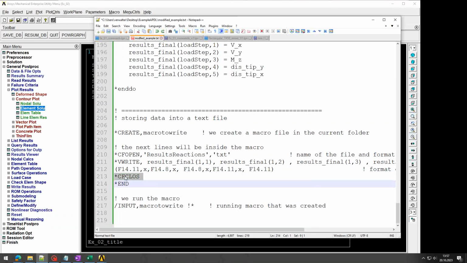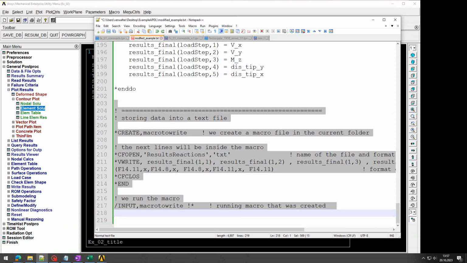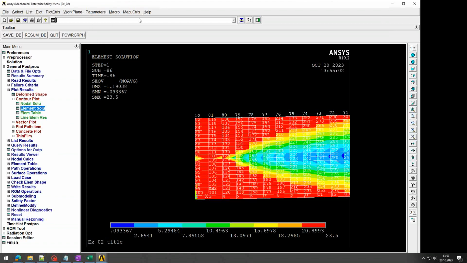Then we just close the file that we have open, the result reaction, and that's it. And those are the lines that are going to be written in the macro. With this one we finalize the creation of the macro, and then we can just run the macro that we have created, and the results are going to be stored in this file, result reactions. Now, why do we put this into a macro? Because this command bwrite cannot be run immediately in this command prompt. There are some problems. That's why this is a solution that can be used for storing data in a text file. So if I copy those things and I paste them here,